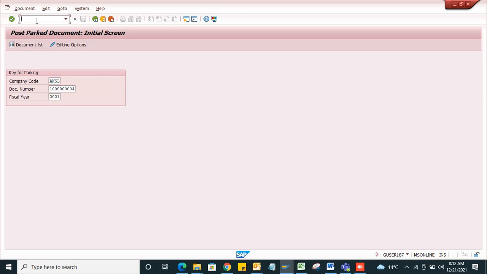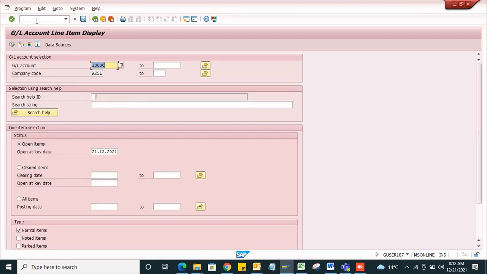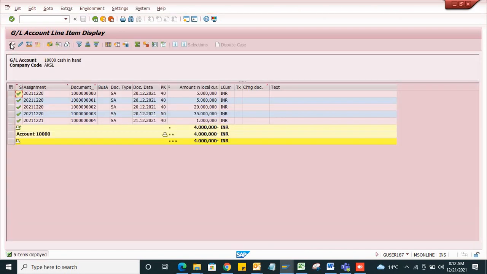We'll check it in FBL3N, all items. Now see, this 1004 document will be reflected in the report when I post the document. Until it is posted, it will not reflect in the system. See, this is my 1004 document which has been posted in the system.